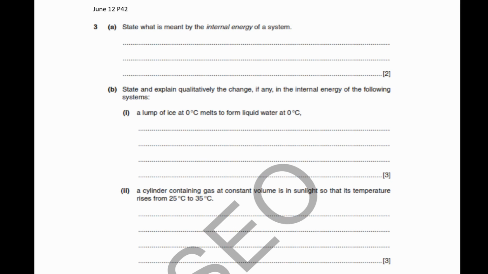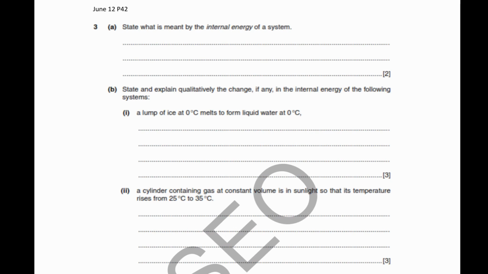Now we can talk about the temperature first. So you say temperature constant, KE is constant. Now when ice melts, we all know bonds are broken. So you can say bonds are broken, so PE increases. Now once again, I want to highlight this. When ice becomes water, it actually shrinks a little because the hydrogen bonds in ice, when they break down, will enable the molecules to move into the empty spaces. So the volume actually decreases a little, so the separation decreases. So it seems that the PE here will decrease. But the bonds are broken, so PE increases.